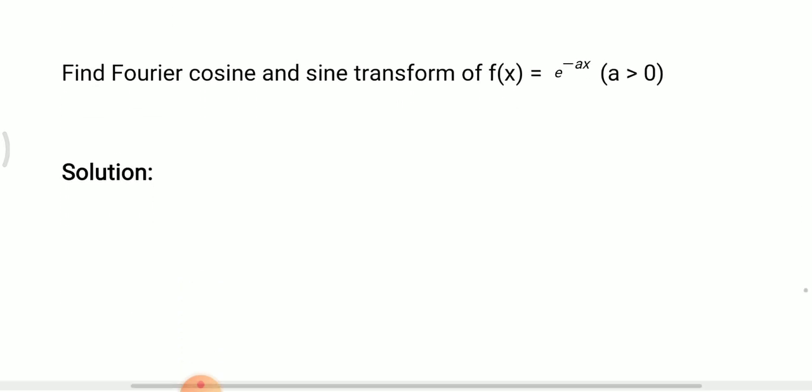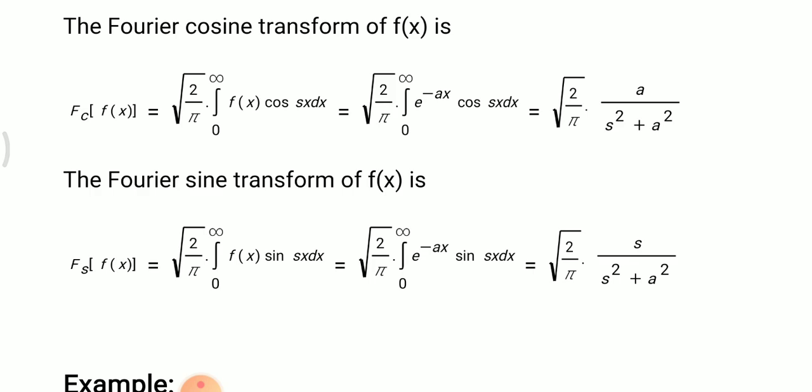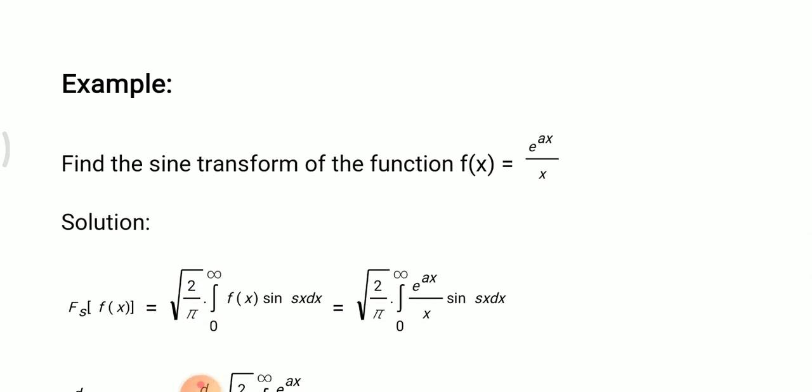e power minus x is also the same, but for the sine and cosine transform. This is a very essential function for the sine and cosine transform, e power minus x, because we have to use this result in many places for the Fourier transform. So in the Fc of f of x formula, here f of x equals e power minus x. We can directly apply the formula: integral 0 to infinity e power ax cos bx means e power ax divided by a squared plus b squared into a cos bx plus b sin bx. Similarly, e power ax sin bx means e power ax divided by a squared plus b squared into a sin bx minus b cos bx. These are the two main formulas in integration. So directly we can apply them and we get the result.